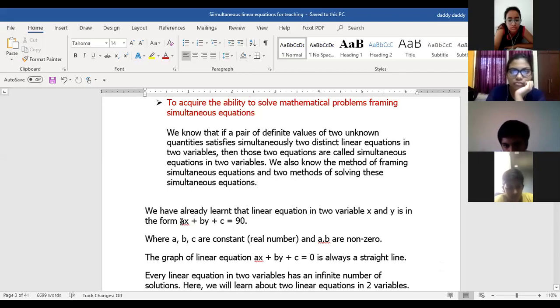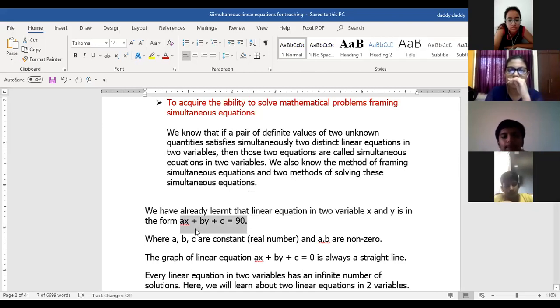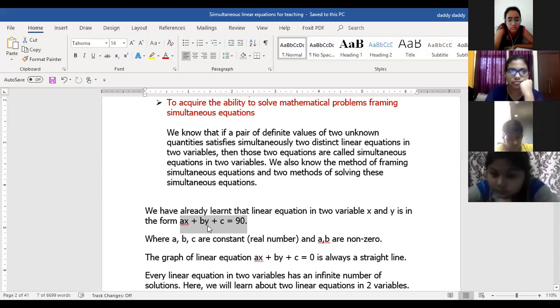So if you see this highlighted thing, ax plus by plus c is equal to 0. This is a linear equation. Why? Because I have got two variables in this, x and y, and whose powers are 1. So that is why they are called linear equation in two variables. Why two variables? Because now you will be using two variables in each equation. So you will have a term of x, you will have a term of y, you will have some constant numbers without terms x and y.